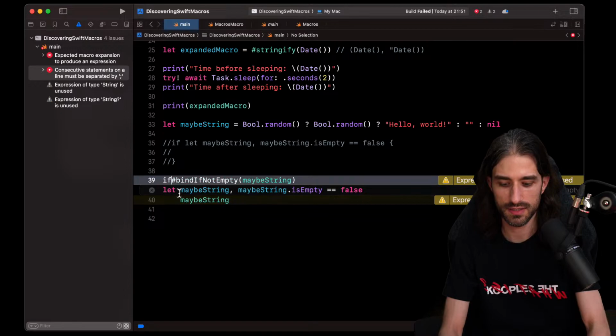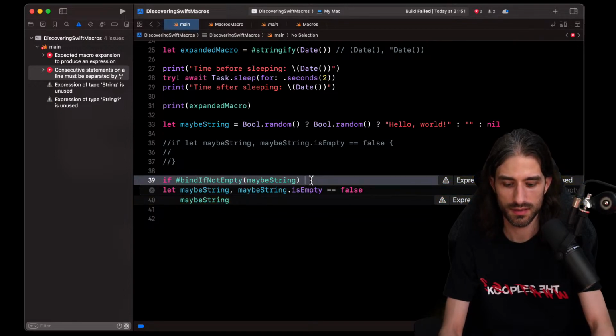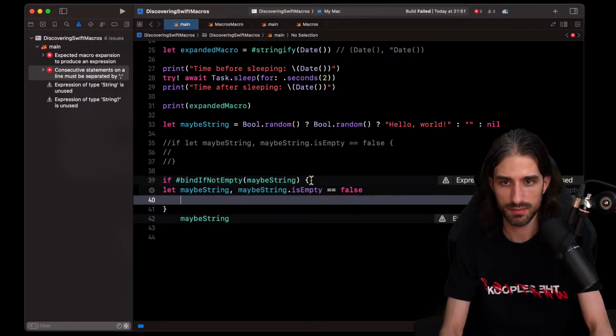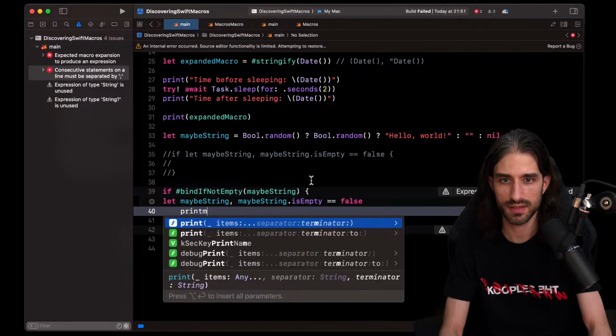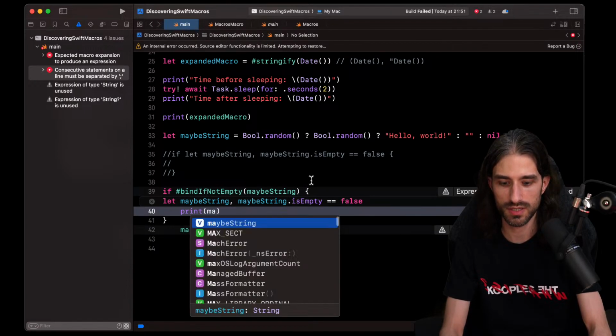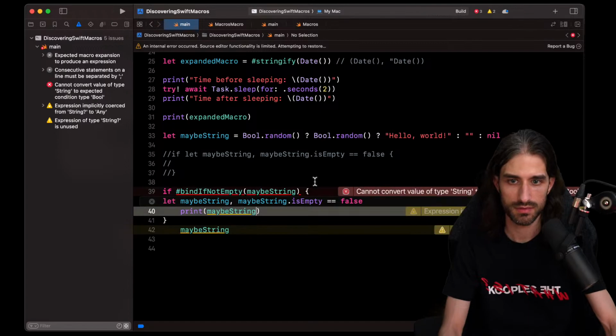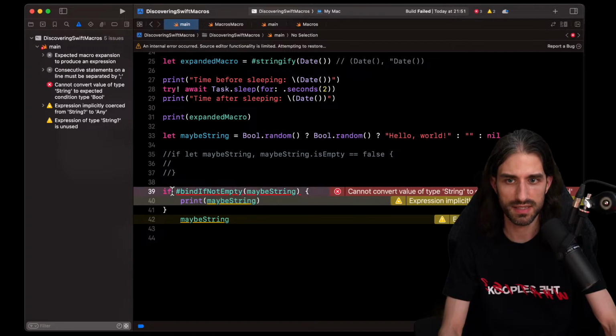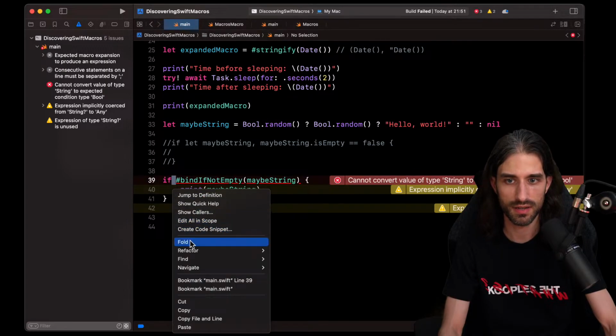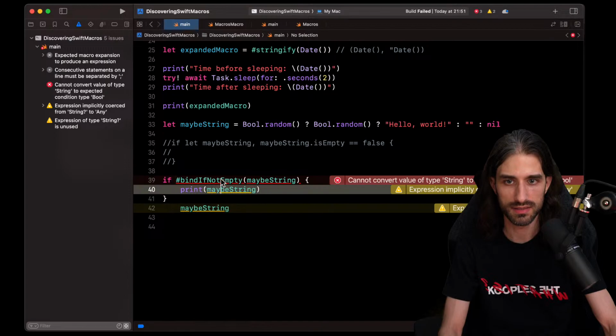And so if here I do if, okay, it seems to work, like print maybe string. Okay, build fail, but when you look at the code being expanded, it seems not that bad.